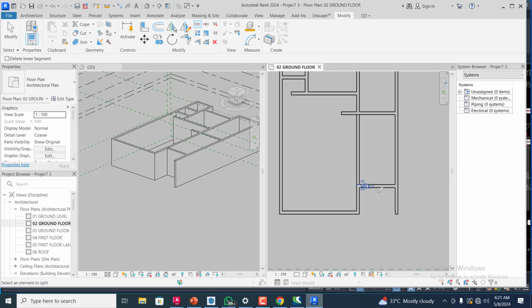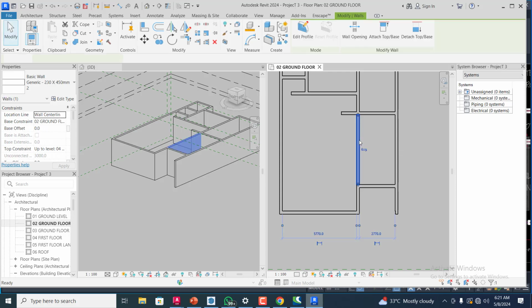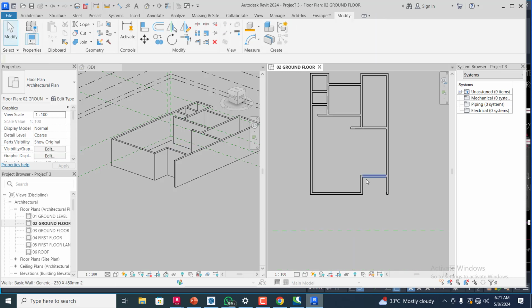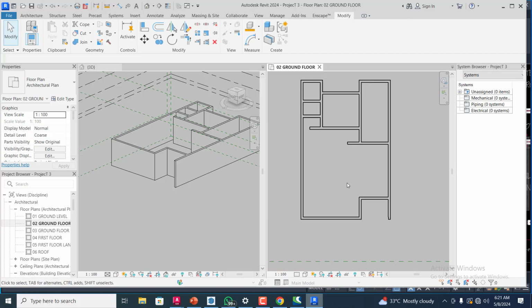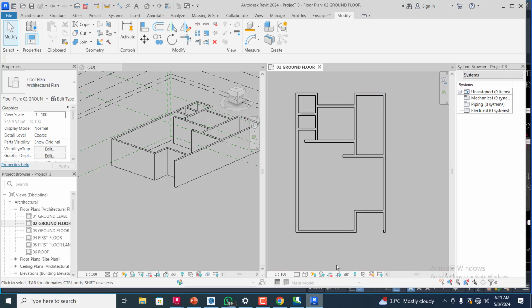So I will now delete this wall. Right. Okay, so this is how it's going to look. So let's quickly fix the doors and the windows